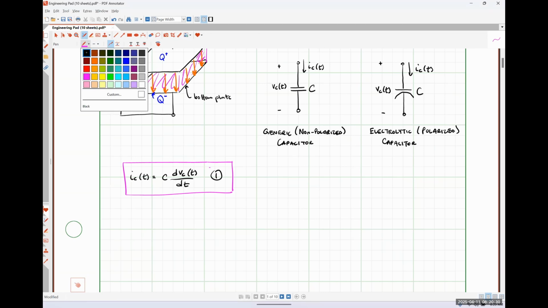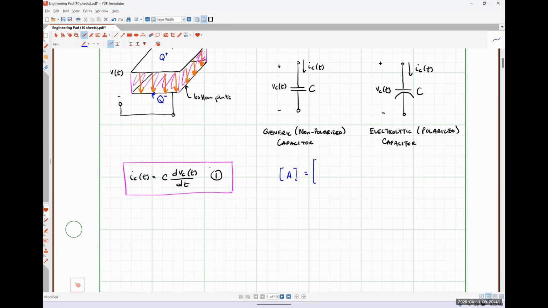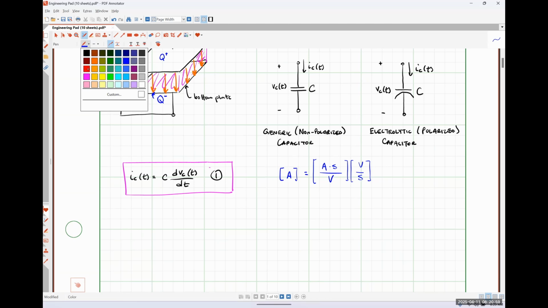Okay. If we look at the units, I have current obviously measured in amperes on the left-hand side of my equal sign. I have capacitance that I'm trying to figure out what the units for that are. And then I have the derivative of the voltage with respect to time, so that's going to be something in volts per second. So it seems like the units for the capacitance is going to be in amp seconds per volt, so that the volt cancels, the second cancels, and I'm left with just amps on both sides of the equation. We are going to call that amp second per volt a farad,